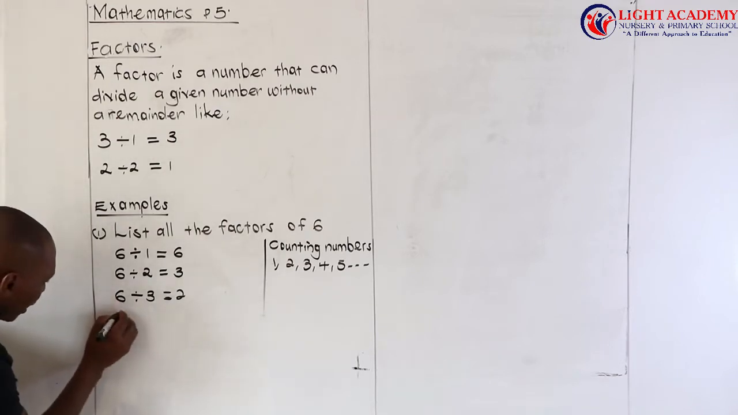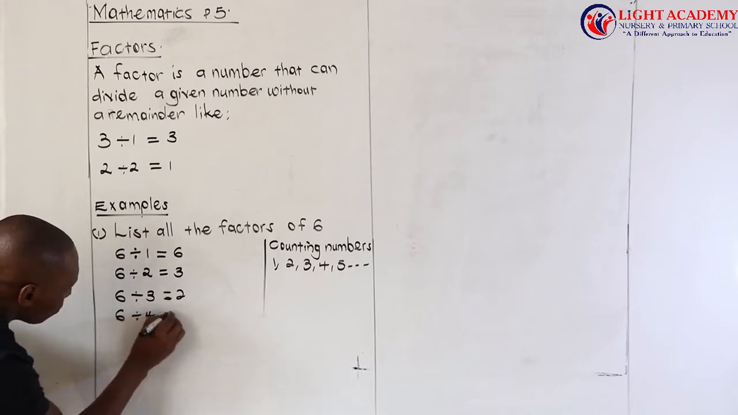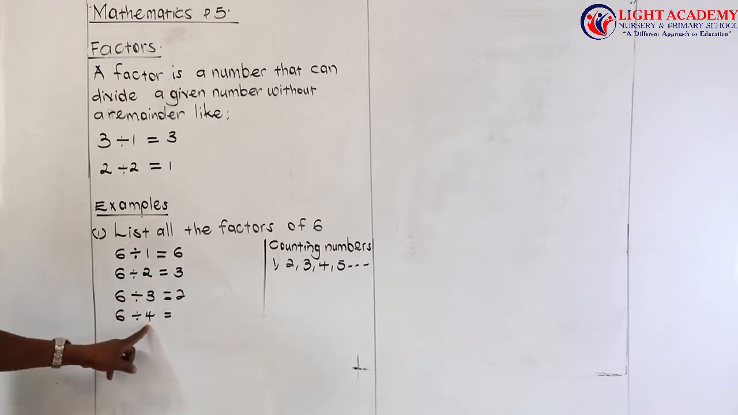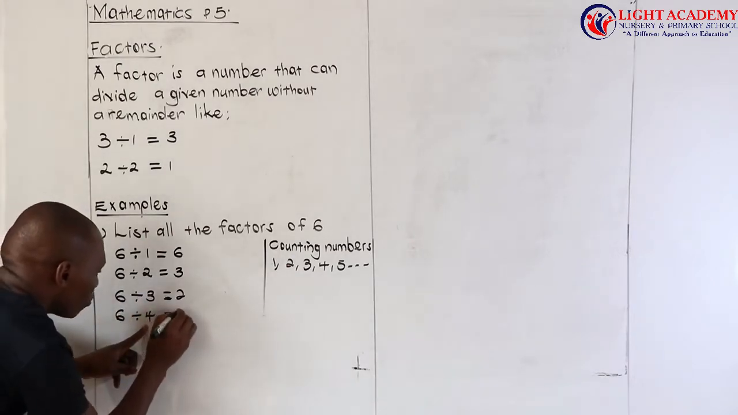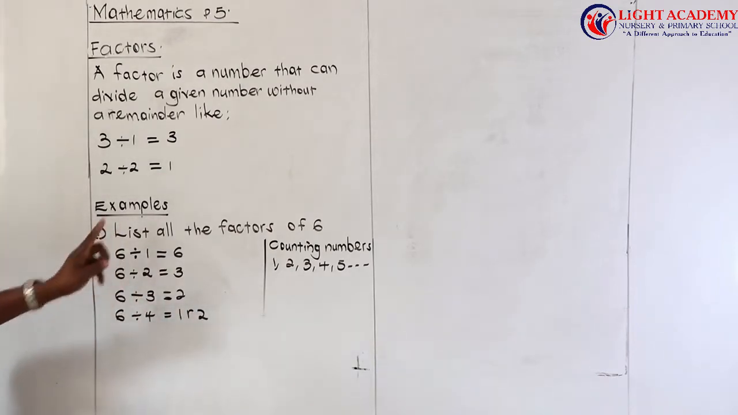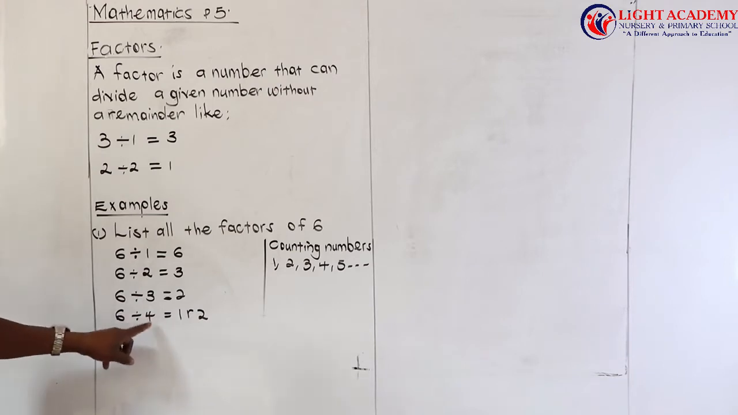The next one, I can say 6 divided by the next counting number, which is 4. What do I get? These are 6 mangoes. I give them to 4 children. Each one gets 1. The remainder is 2. Okay? So since I get a remainder, that is enough to tell me that 4 is not a factor of